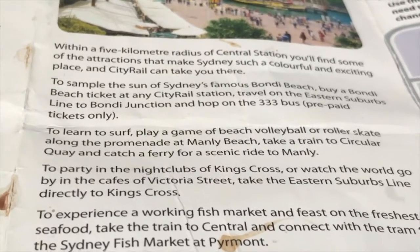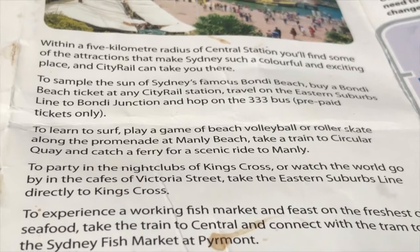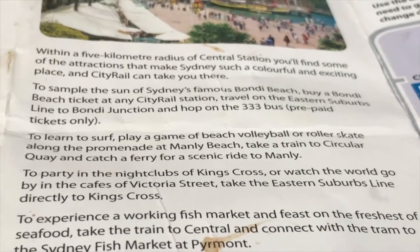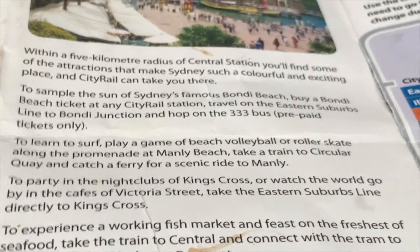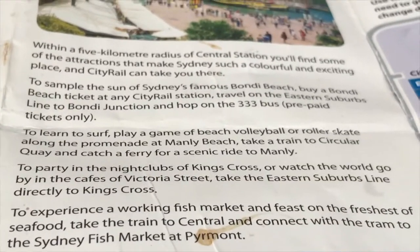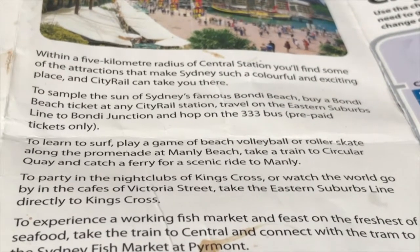To sample the sound of Sydney's famous Bondi Beach, buy a Bondi Beach ticket at any CityRail station, travel on the Eastern Suburbs line to Bondi Junction, and hop on the 333 bus, prepaid tickets only. To learn to surf, play beach volleyball or roller skate along the promenade of Manly Beach,